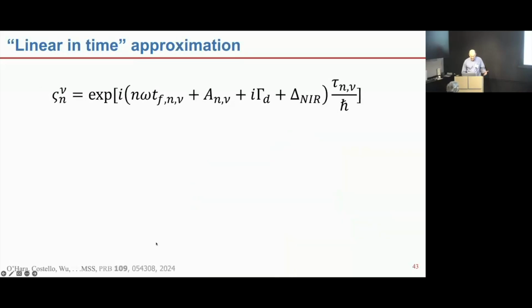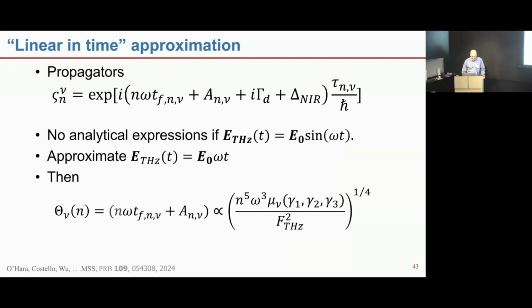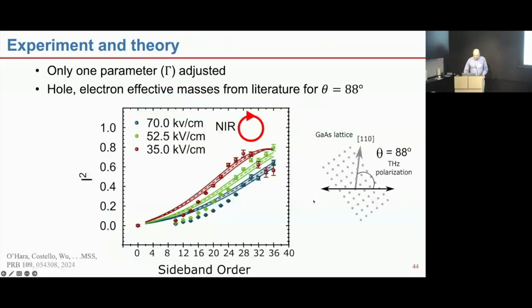Now, to go a little bit further, we make an approximation that the terahertz field is linear in time, in order to get an analytical expression. And in that case, we can write this phase, which is the sum of this and this, analytically, and it turns out it's proportional to the sideband order to the fifth, omega to the third, and 1 over f squared. And then there's information about the Hamiltonian in here. Okay, so here is a fit where we've adjusted only one parameter. So we're using the values of the,